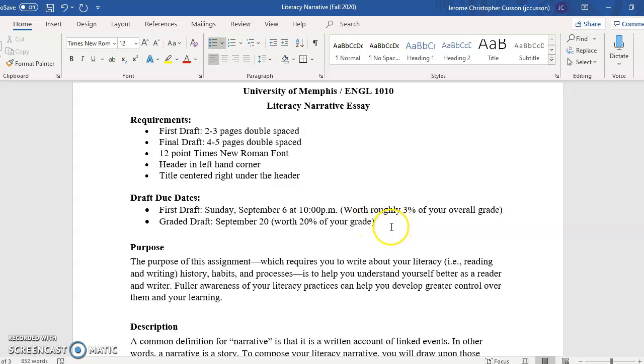So this is where it really counts, because if you don't complete this assignment and you get a 0, it's really hard for you to recover and be able to pass the course. So please be mindful of these 2 due dates, September the 6th and September the 20th. Both of these are going to be 10 p.m. As you can see, I'm going to add that and repost this onto your course page, and hopefully you won't even see the difference. But yes, Sunday, September the 6th and Sunday, September the 20th at 10 p.m. This is when your drafts are due.